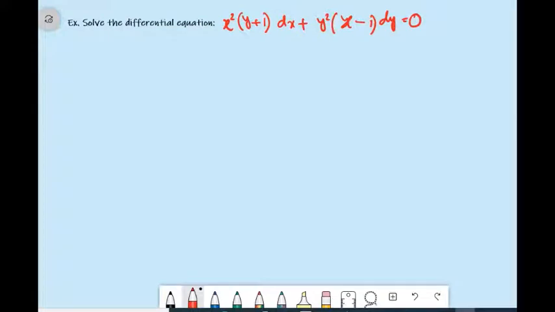Let us solve this differential equation: x² (y + 1) dx + y² (x − 1) dy. This is a first order and first degree differential equation where the variables can be separable. So solution: the differential equation can be written as